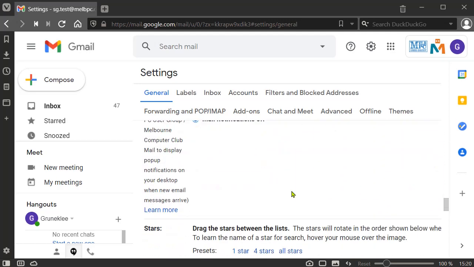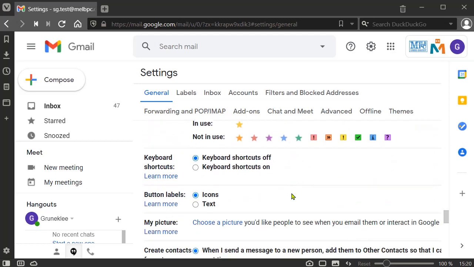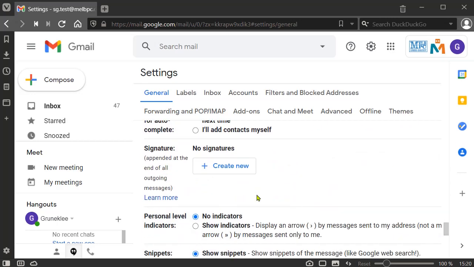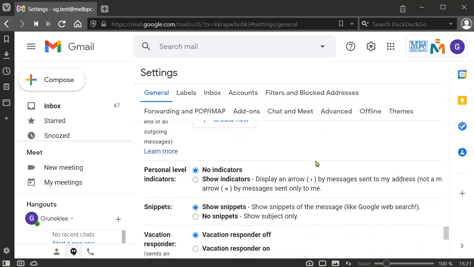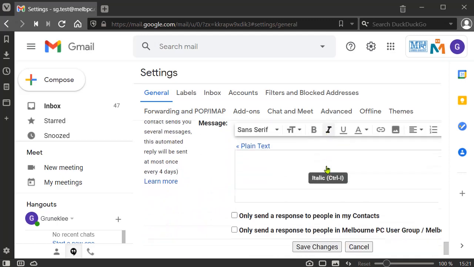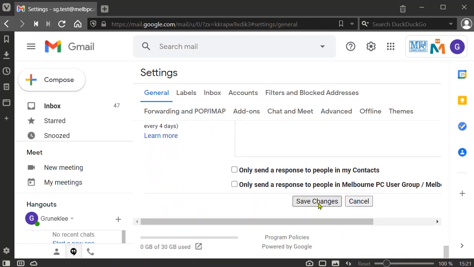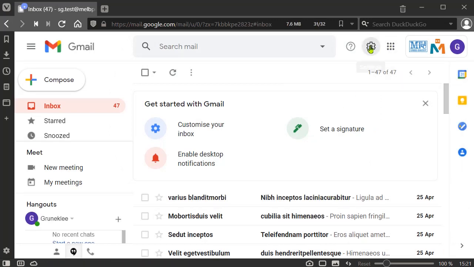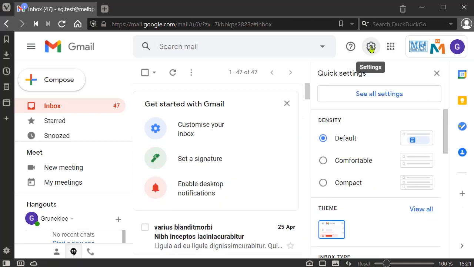So we look down there, and there's probably not a lot that we need to worry about in there. You can create signatures if you want in this area. Just going all the way down, we'll save the changes we've done. Right, so that's saved, and we can go back into settings and we'll have a look at the next tab along. See all settings,